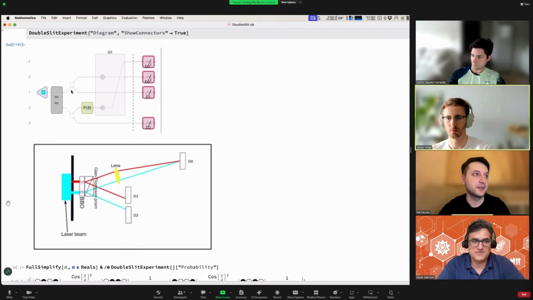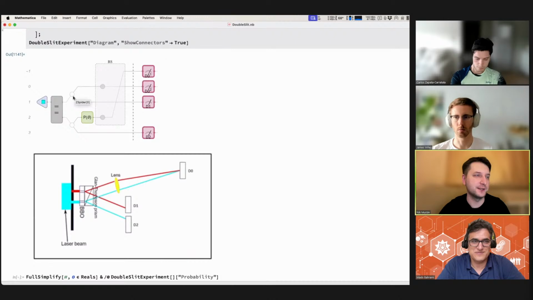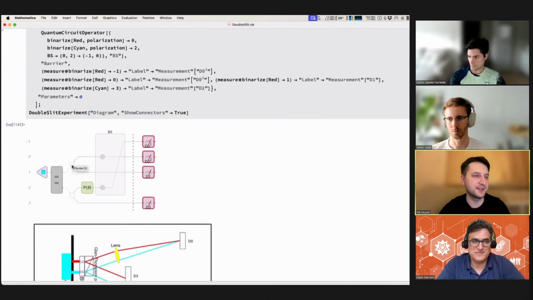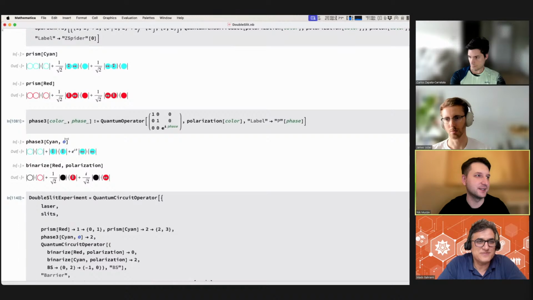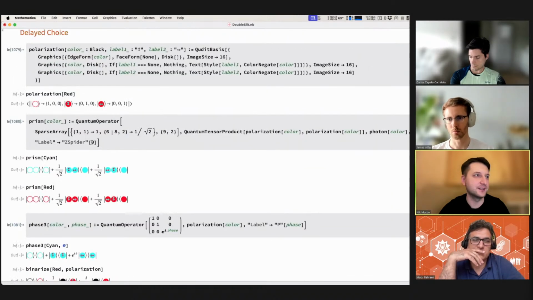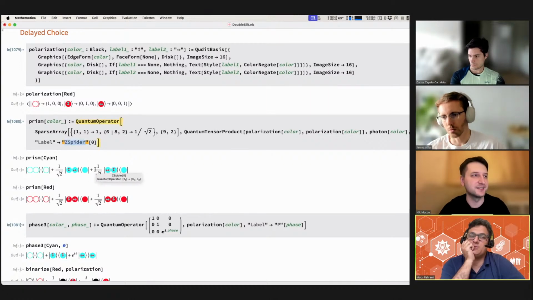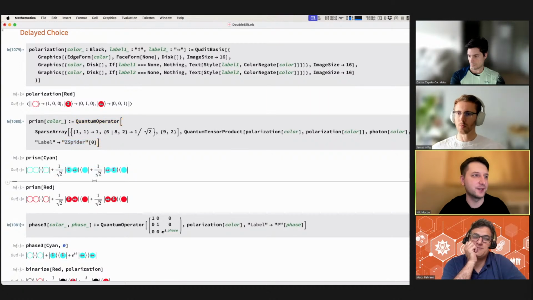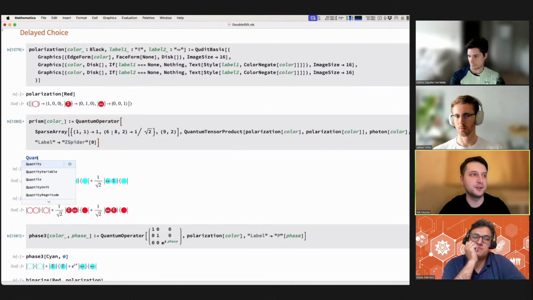Actually, I'm not even sure that it's a real spider. I just rendered it this way. It's supposed to model the prism. I just assigned the label Z spider so that it gets rendered as a spider, but maybe it's not really a spider. It's what we mean by spider anyway. Good point. It's just this particular form. It has this operator, but